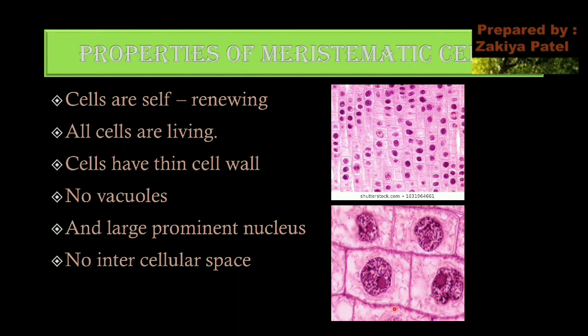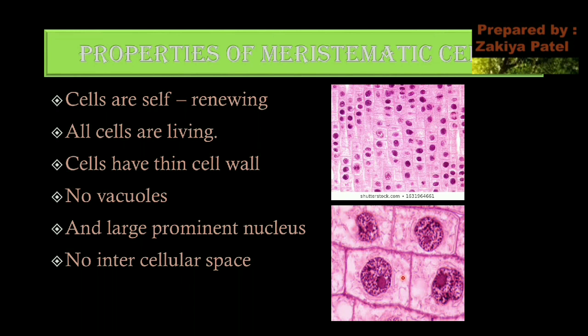But as these meristematic cells have only one function. What is the function? The function of division. That is why there is no need for storage. These cells are metabolically highly active, so there is no need for vacuoles in this cell. Whereas they have one prominent nucleus in the center of the cell. What is the function of the nucleus? The main function of the nucleus is to make copies, meaning division. As meristematic cells have to divide further,